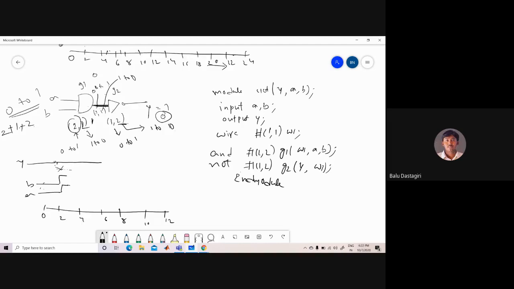After 7 units of time, the output Y becomes 0. Even though we changed the inputs at 2 time units, because of the delays associated with the AND gate, the wire and the NOT gate, the output Y changes to 0 only at 7 units of time. The output will not change instantly.